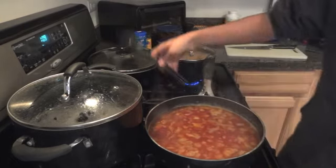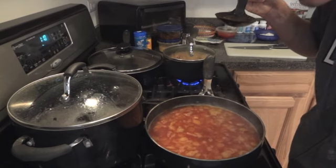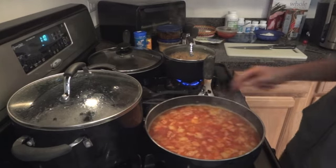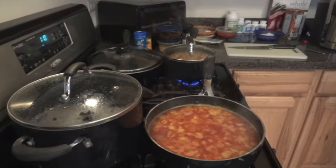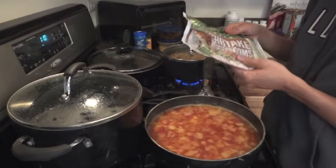But let me taste this again for salt. Oh my god, that's really good. So I'm also going to add some mushrooms, because mushrooms are a good source of, well, I don't know if it's a really good source of vitamin D,